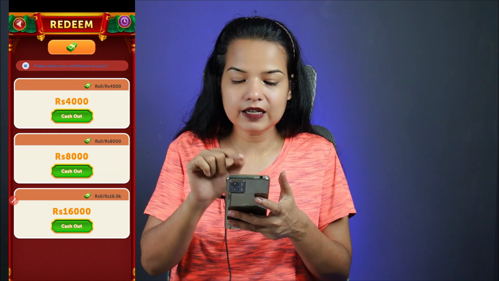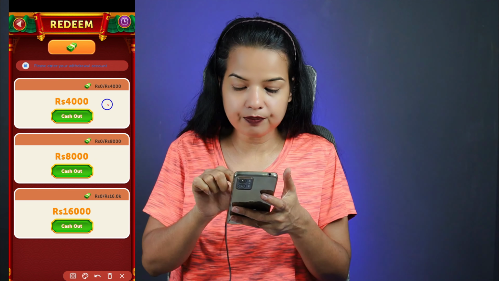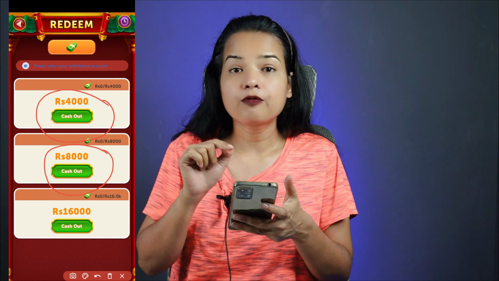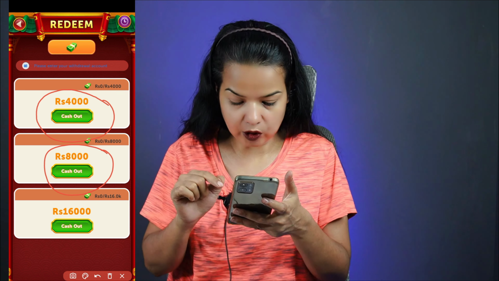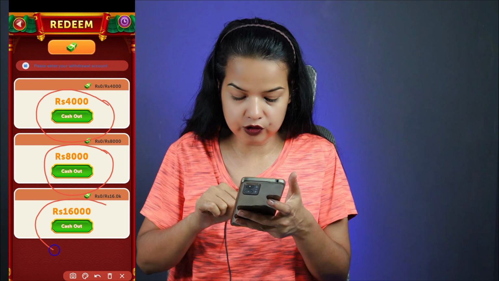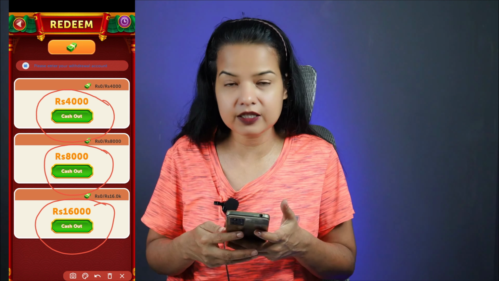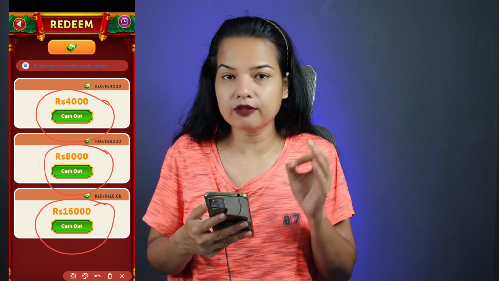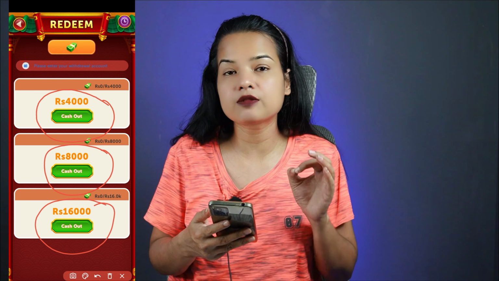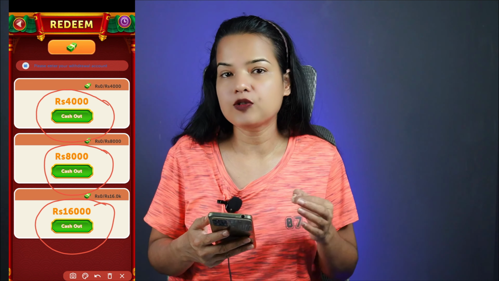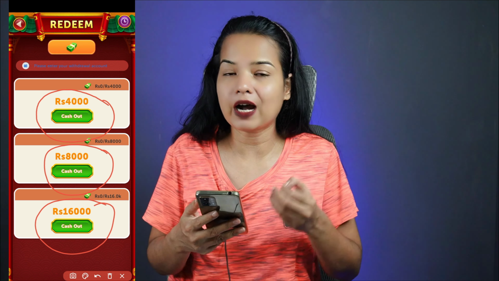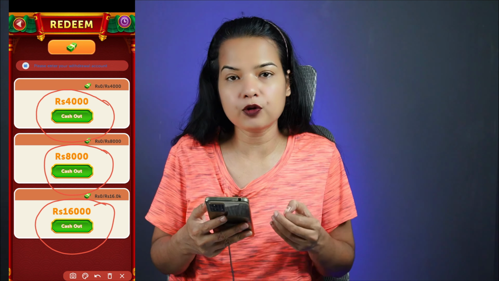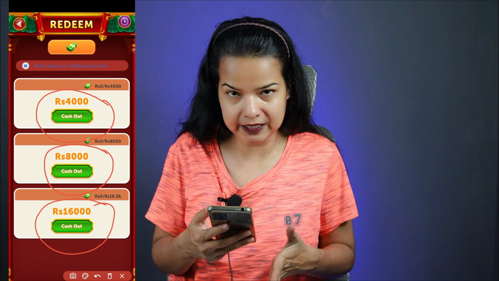But clearly see, the minimum withdrawal is 4,000 rupees, 8,000 rupees and 16,000 rupees. It clearly means this application didn't give you gift coupons worth 4,000 and 8,000 and 16,000 rupees. When you can't get any gift coupons worth 4,000 rupees, how can you withdraw from the Copper Boom application?